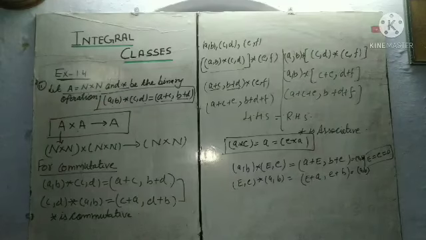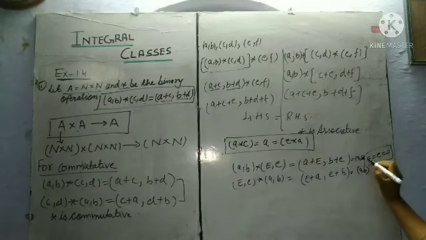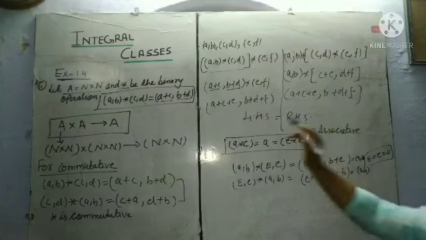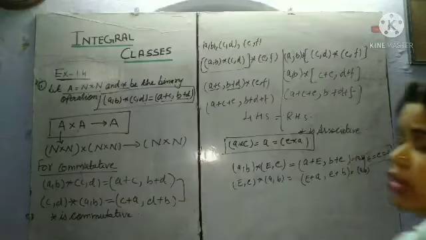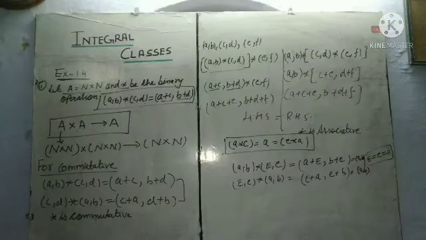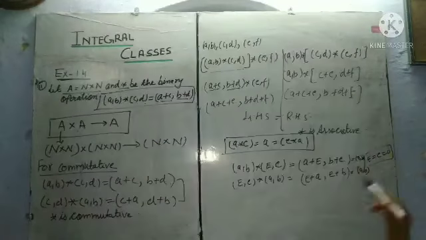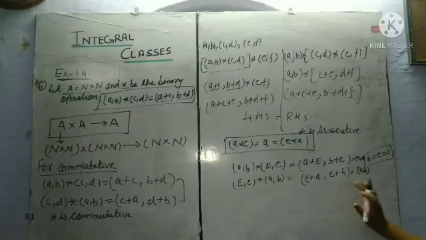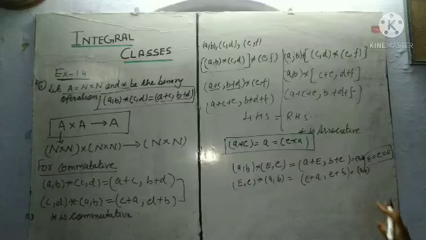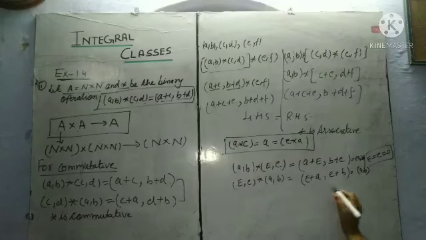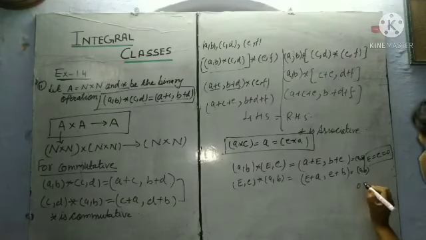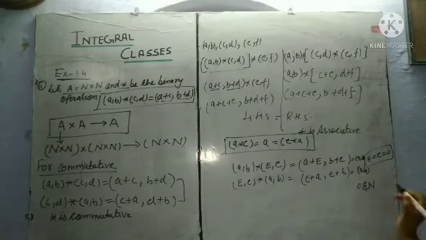So this AB is an identity element which does not belong to natural numbers. It means if this is related to whole numbers, there exists an identity element. But here 0 does not belong to natural numbers, so